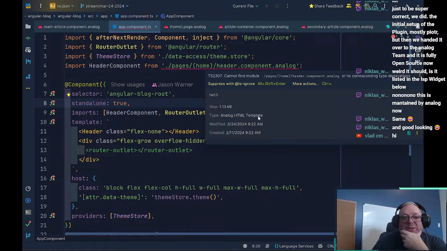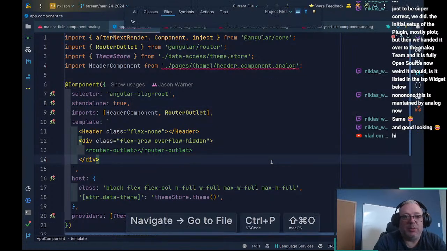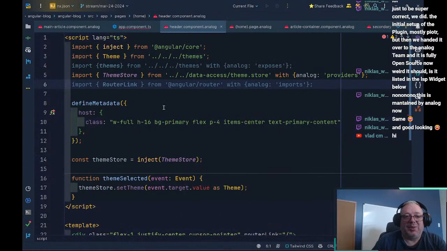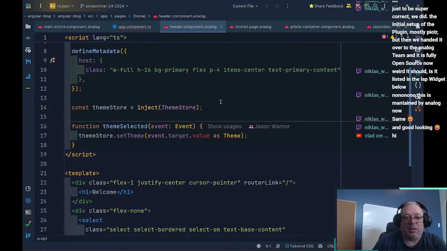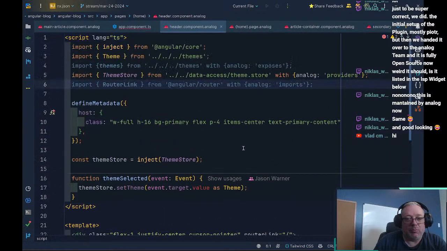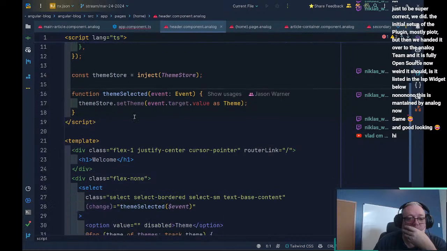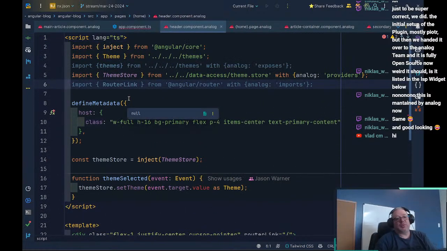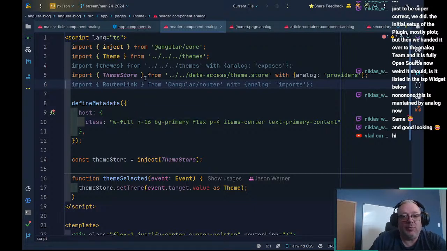So we are being recognized as an Analog HTML template for this .analog file. So our plugin's working. Maybe our header component, header.component. So this is our header component here. And this was all working last week. So I did upgrade today. And one thing to recognize is that Analog, when it runs,